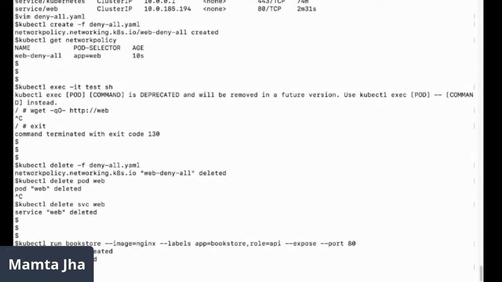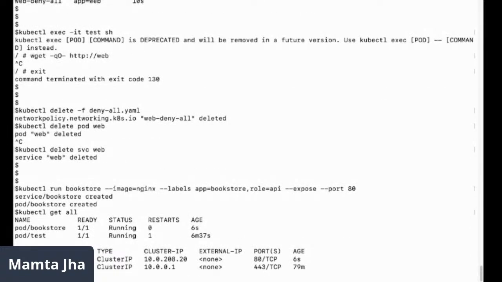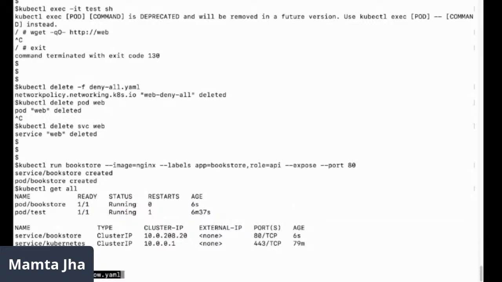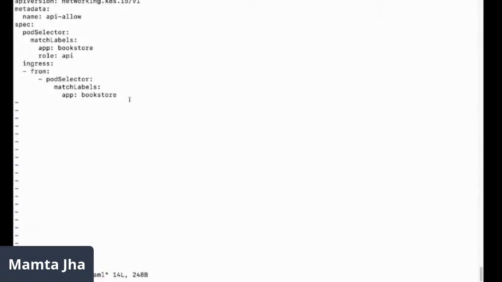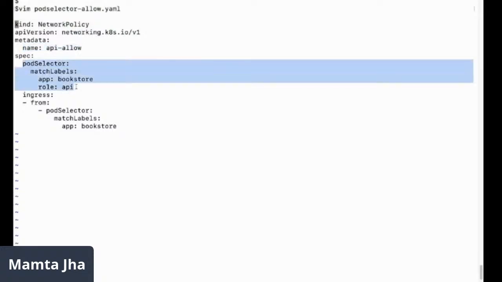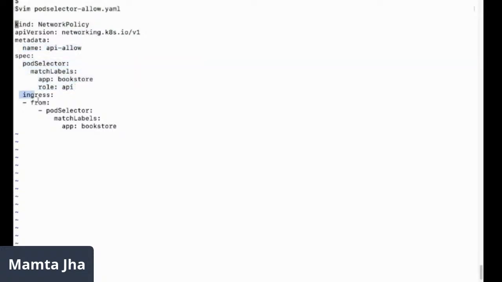Let me just see if it is created properly. Yeah, it's running. Now, let me go ahead and show you this file. The same one which we discussed, the same file is coded here. The network policy kind, API version, metadata, the name of the rule which we would be creating, the network policy.